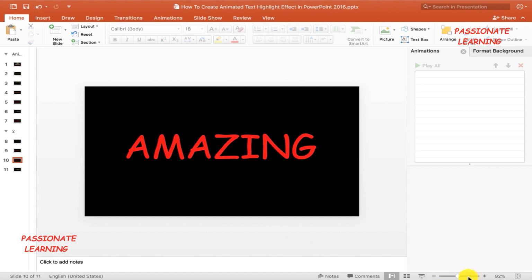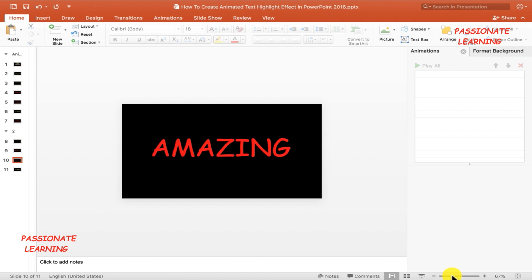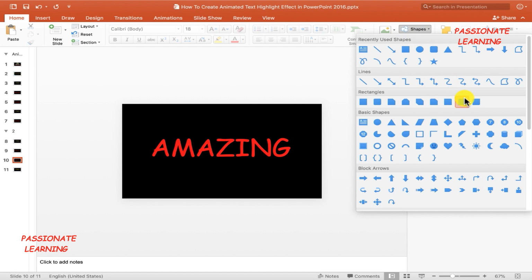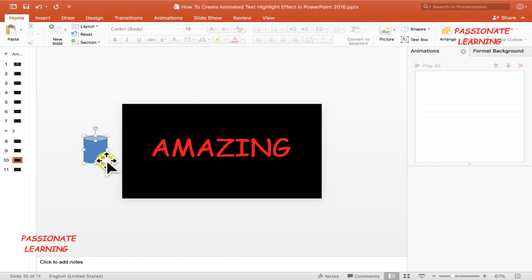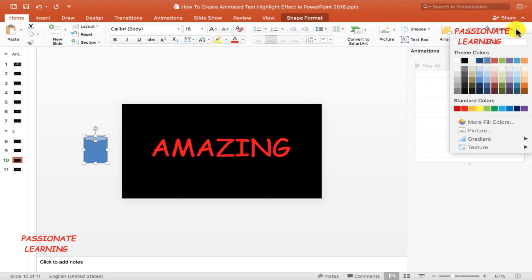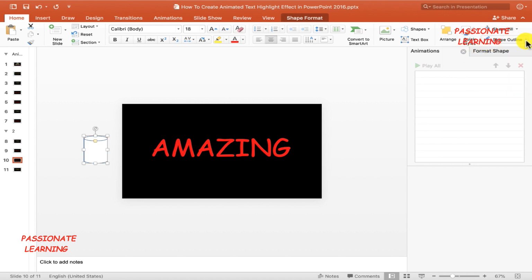So first of all, let me reduce the size of the slide like this, and then let me come over here to the shapes option, and this time I need to insert a particular shape of a can, like this. And then, as we had done in the previous slide, I need to do some formatting for the color as well as shape of this can, so that our slide can become more beautiful. So first of all, let me come over here to the shape fill and let me choose the color white, and then for the shape outline also let me choose white color.